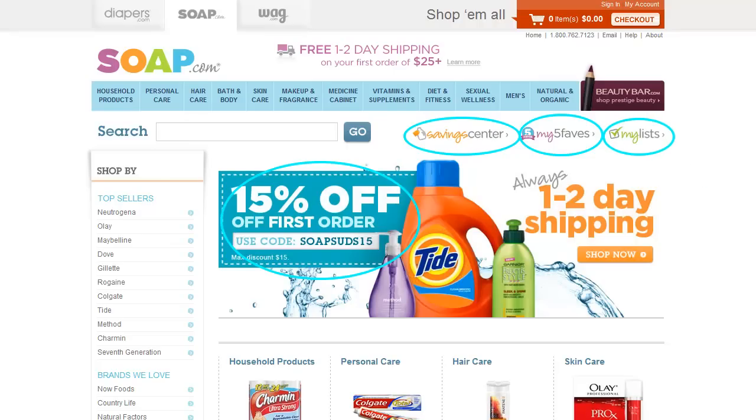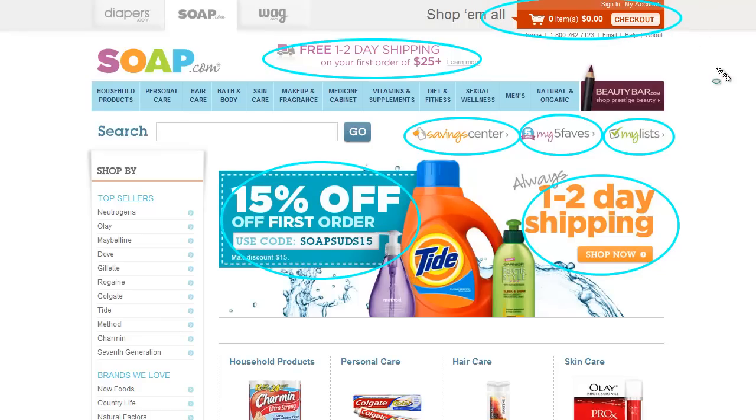You see that they separate the top nav, it's real clean. The call to action above the fold for the shipping, they list it twice above the fold, so that's obviously a good loss leader for them as well, because obviously people want to get their stuff fast. Why wouldn't they go to Walmart to get it when they can go here and get it in 1 to 2 days? So this really helps convert for them. You also see they have a red cart checkout at the top so that you can always see what's in your basket. It says shop them all.